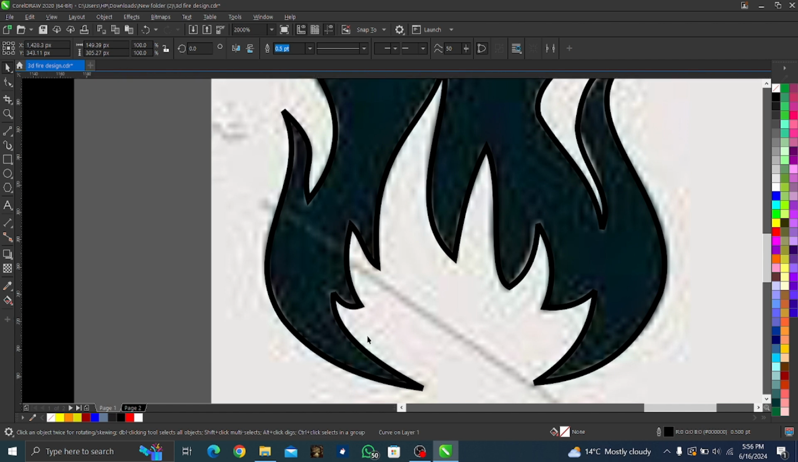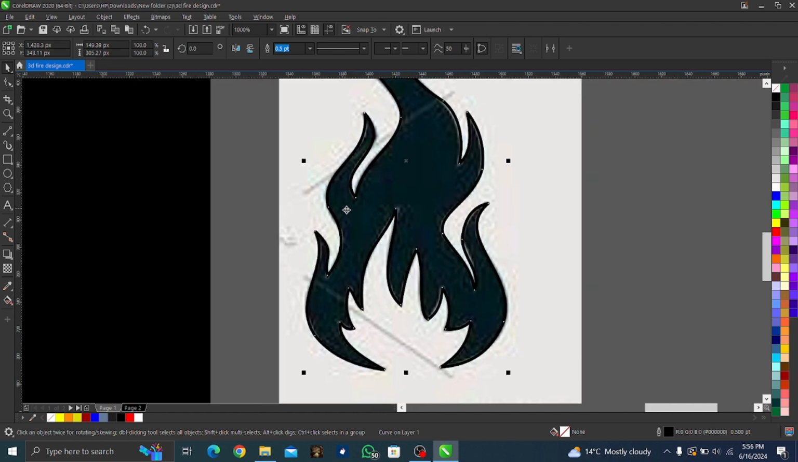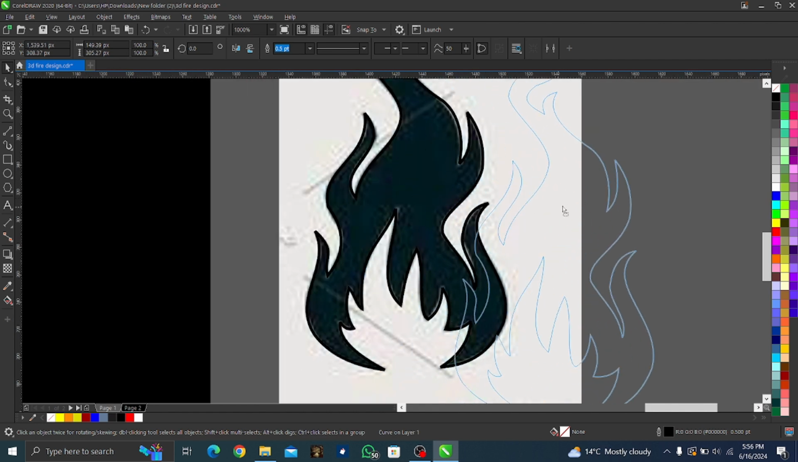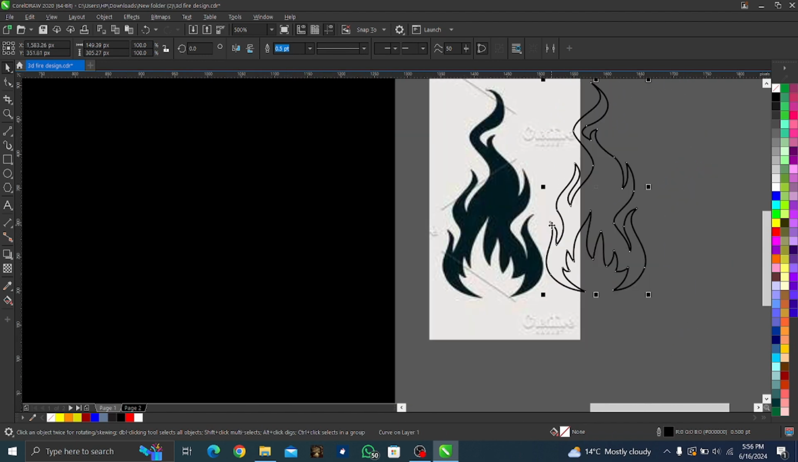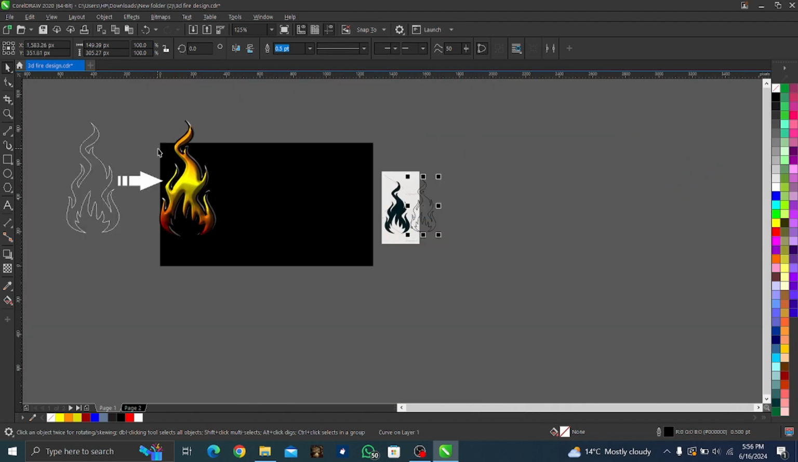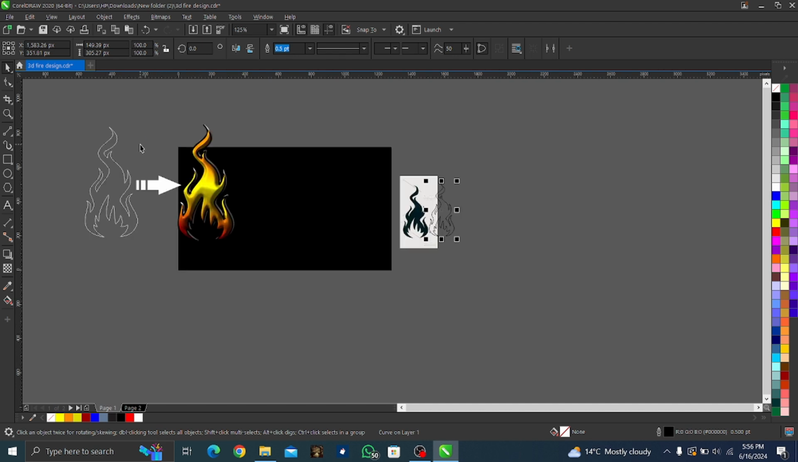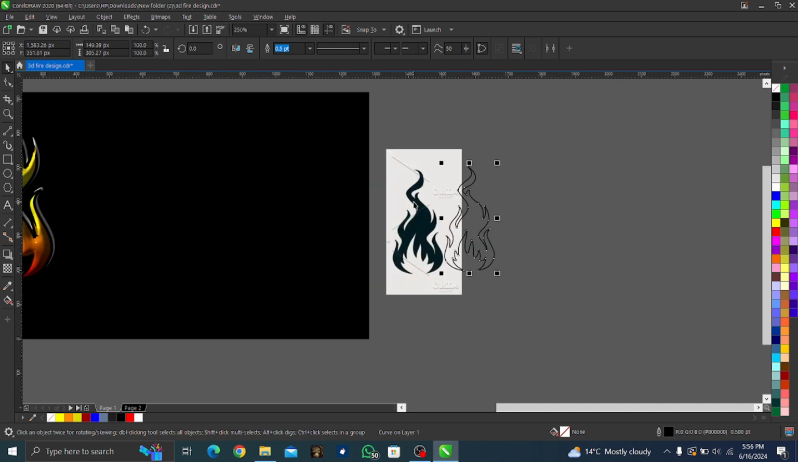Alright, now that we're done adjusting this, we're just sketching it out. We're going to bring out the outline so you can see how it looks. It's the same as this. Looks good, right? So what we're going to do first, we're going to come to this yellow, left click